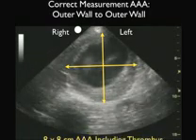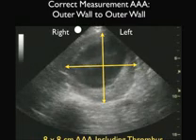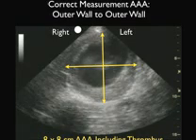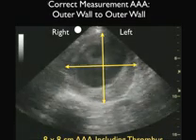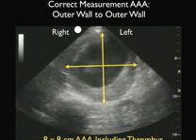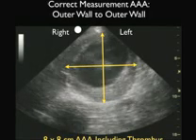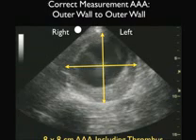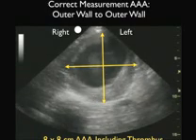Thus, here we're correctly measuring, and notice that we're including the lumen plus the thrombus towards the outer part of the aneurysm, and we have the true diameter of the abdominal aortic aneurysm at an outstanding 8 by 8 centimeters as an AAA. So just remember, include outer wall to outer wall, and include the thrombus in your measurement of